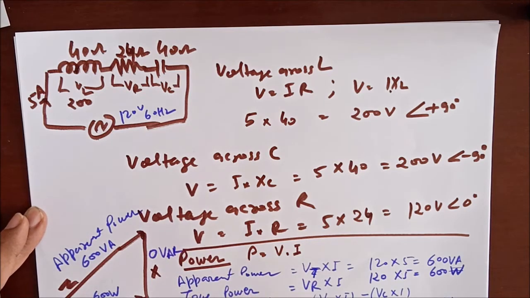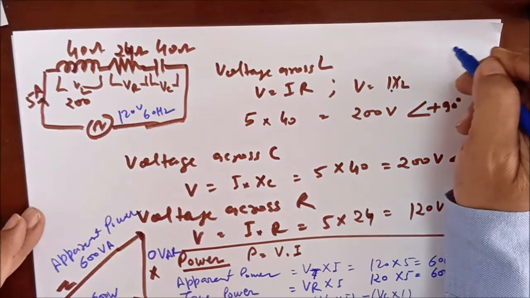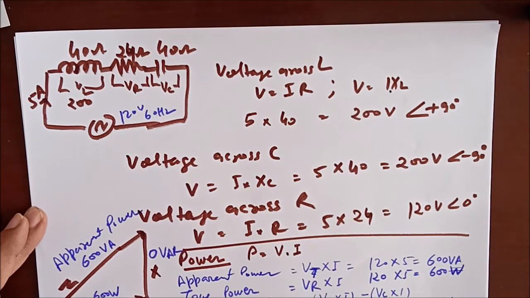I'm not going to detail more about this one because I have to see now with values when inductance and capacitance values are given in Henry, millihenry or farads. Then what we have to do and how we have to do, that is my next topic, case 2. So now coming to case 2, but remember one thing: when frequency F increases, XL also increases, but XC decreases. Not going to explain, but you have to keep it in your mind.